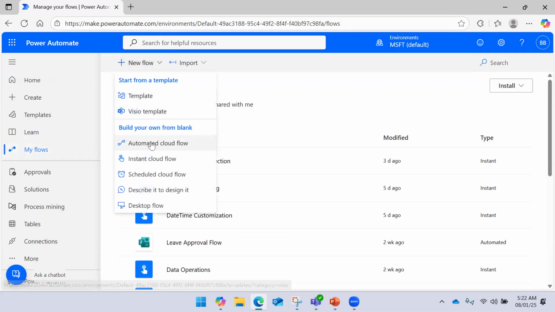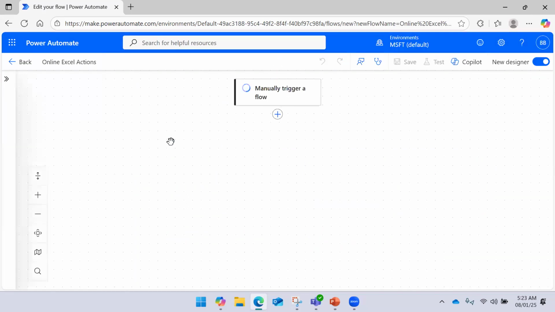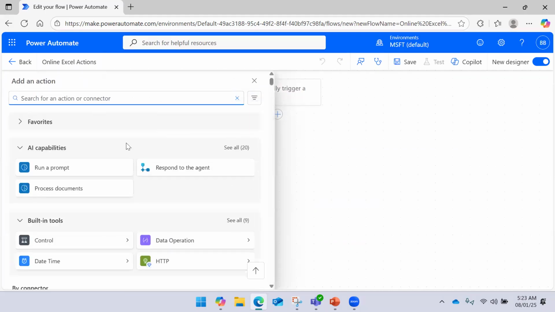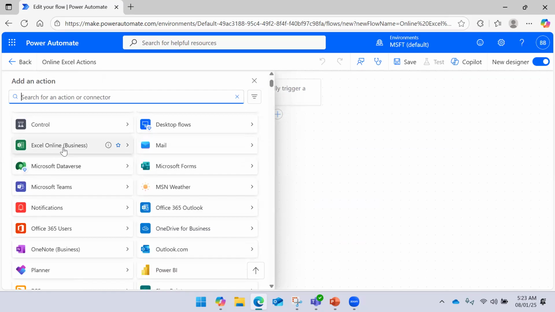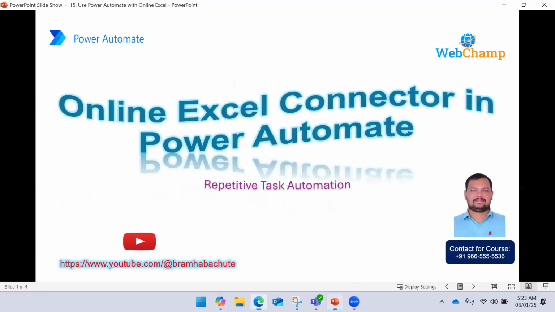and I will say instant cloud flow, manually trigger, and online Excel operations, or I can say actions. Then now say create, right? So if you try to add the actions and go to Excel Online Business, this is the list of actions that you will be able to perform with Excel,